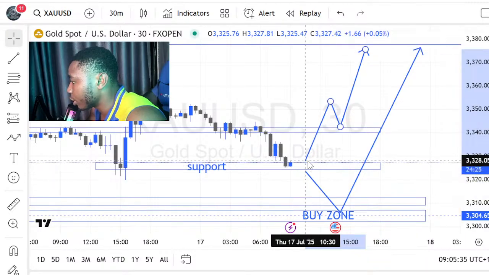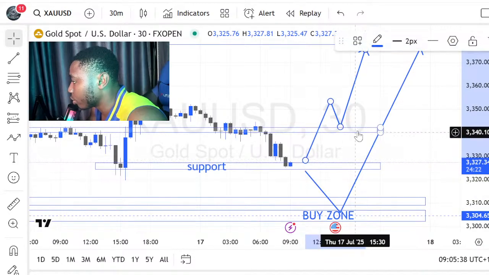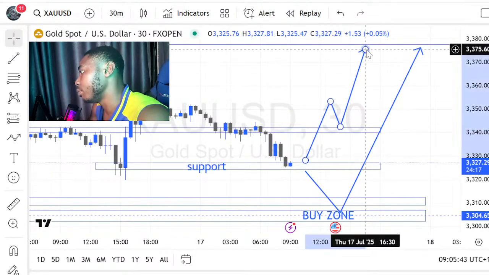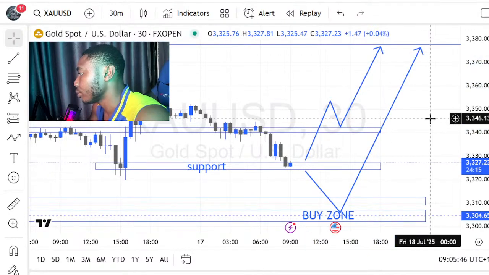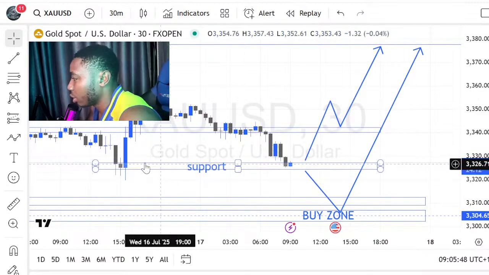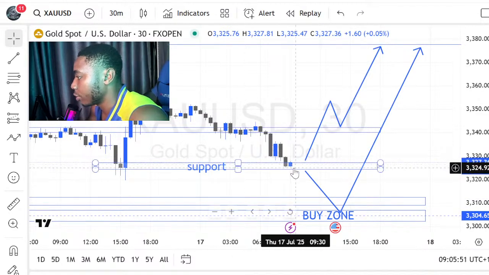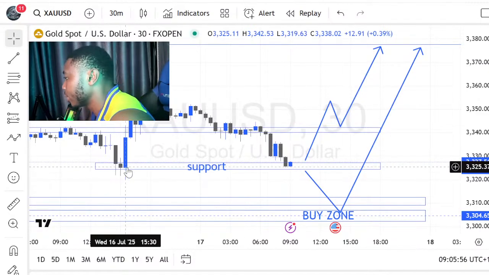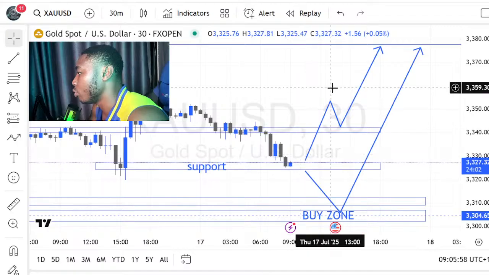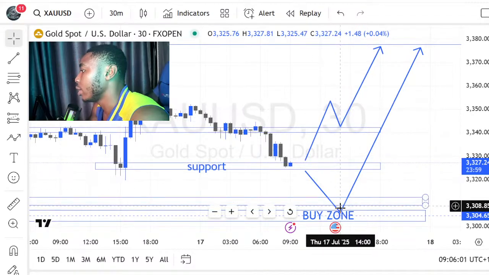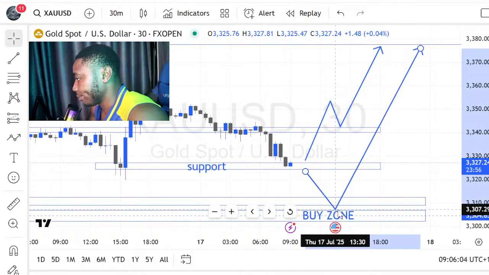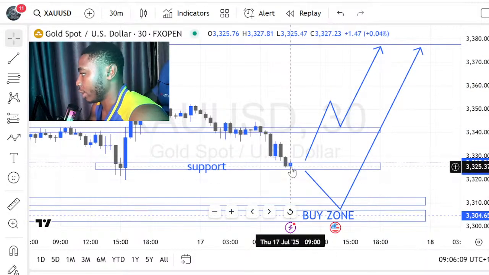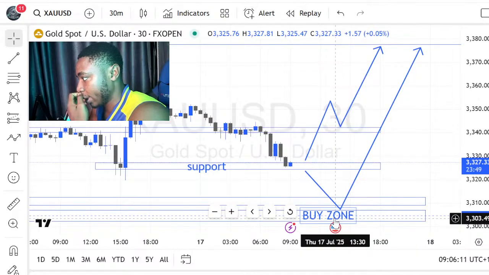It just depends on candlestick. Okay, just depends on candlestick. So if it's gonna respect this support and I get a bullish candlestick like this one that is trying to create here, closing above this support zone, then we're gonna buy to that zone. Then the second idea is to fall back down to this buy zone.